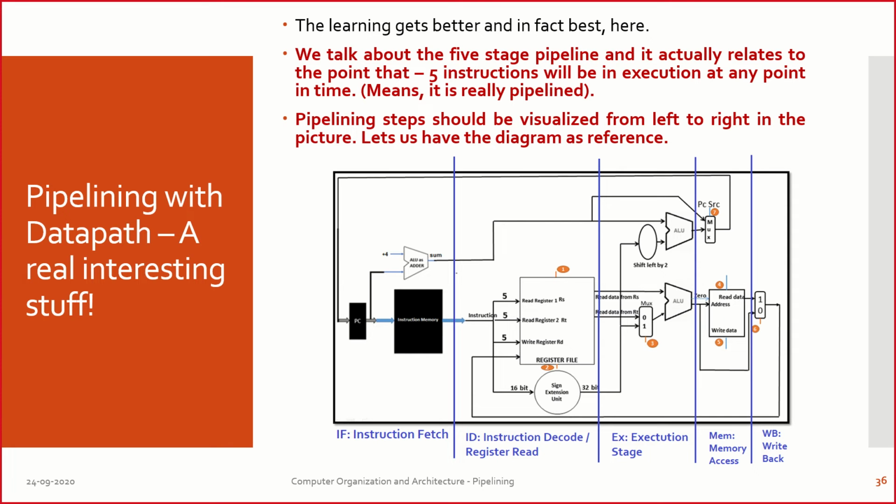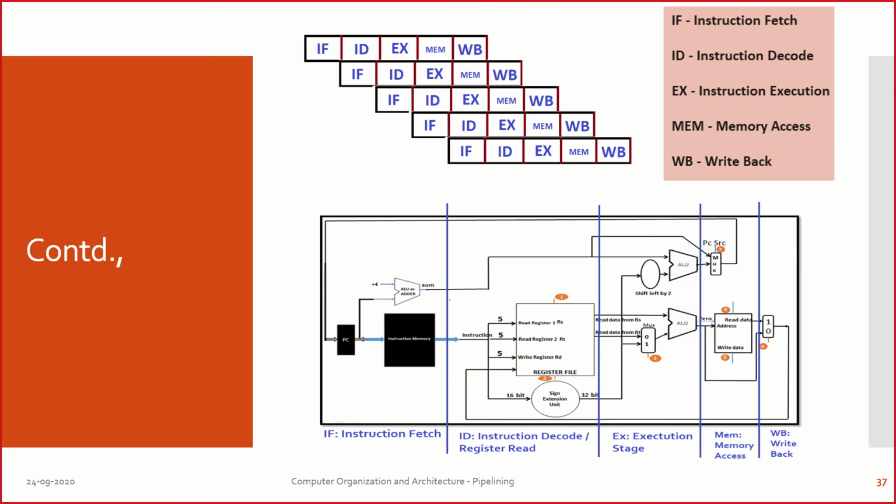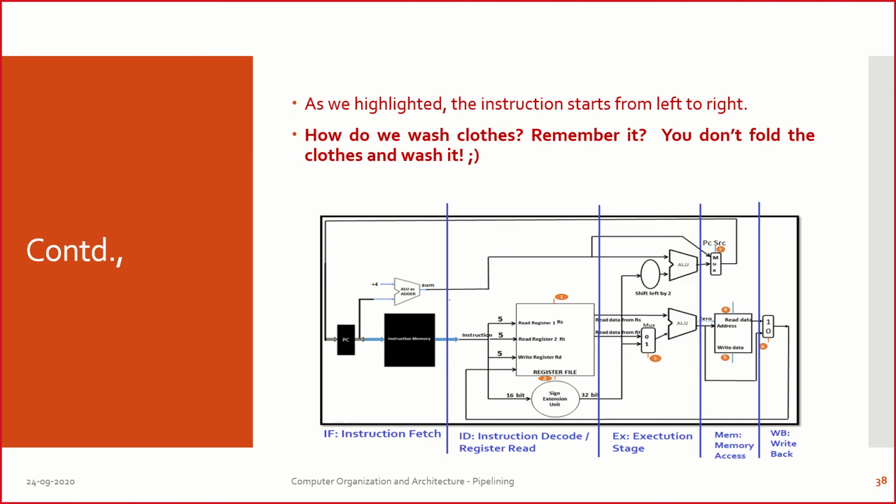Remember, we are going to learn only the 5 stage pipelining. And as you know, the 5 stages are tagged as instruction fetch, instruction decode or register read, execution, memory access, and write back. All of these are to be properly segregated, and I have put a blue line in between, and that's each of the pipeline stages. So remember, all the stages are tagged appropriately. This is what we discussed in the last class.